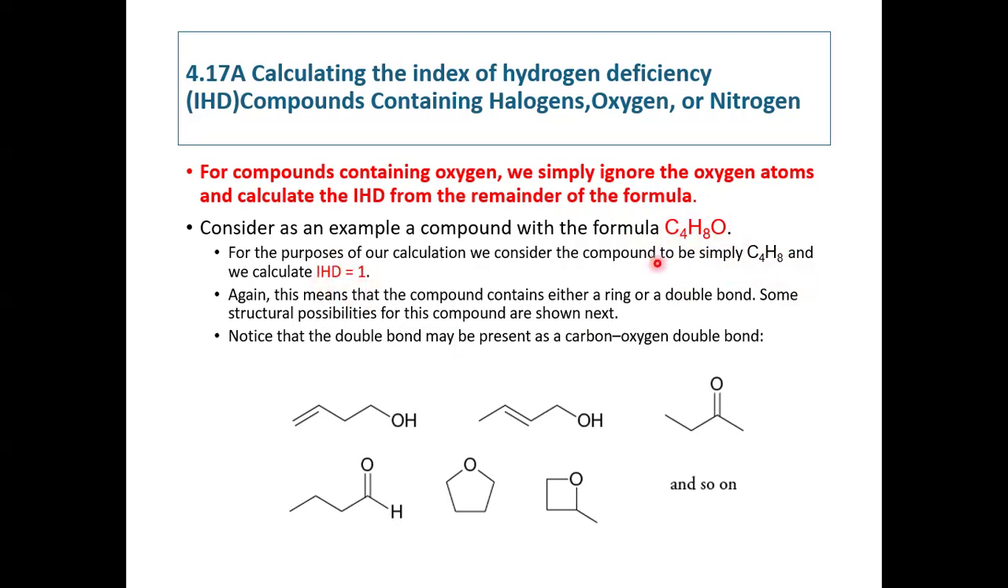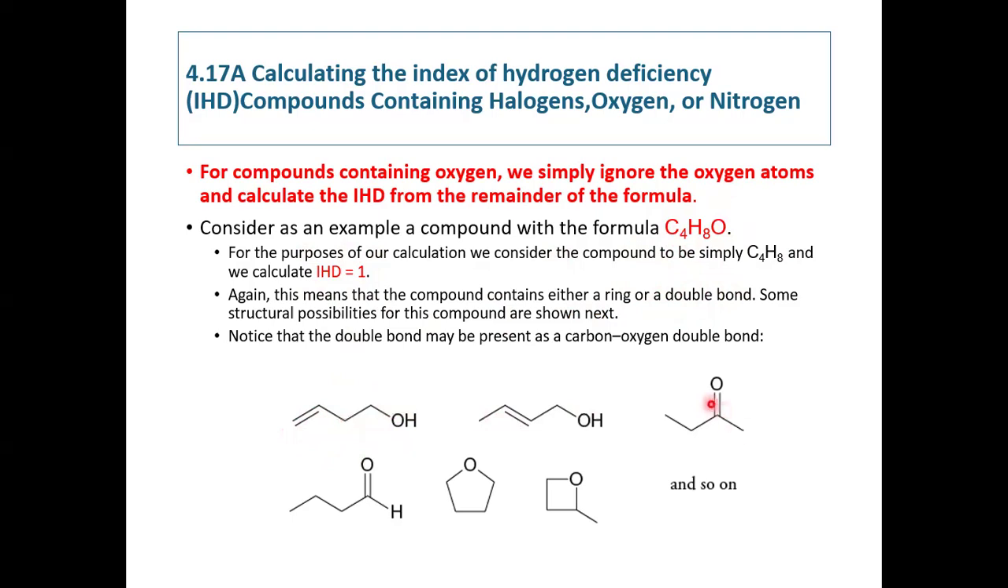So how do we write the structure for this? You can expect that it may have a ring, or it may have a double bond. So you can write 4 carbon atoms, 1, 2, 3, 4, and then you have your OH. And then you can write a double bond here, or you can write a double bond here, on the second carbon, or